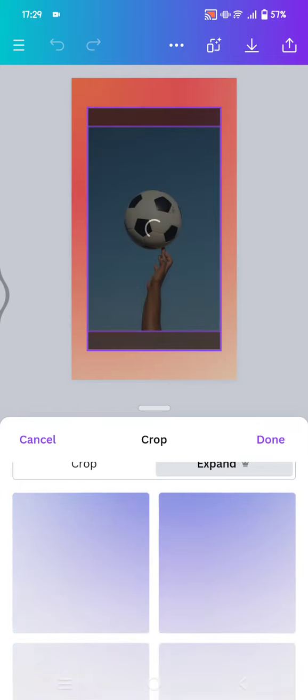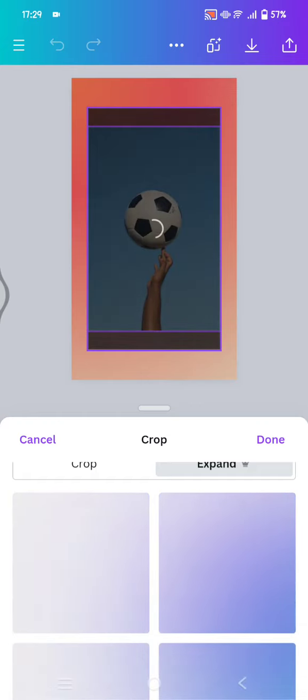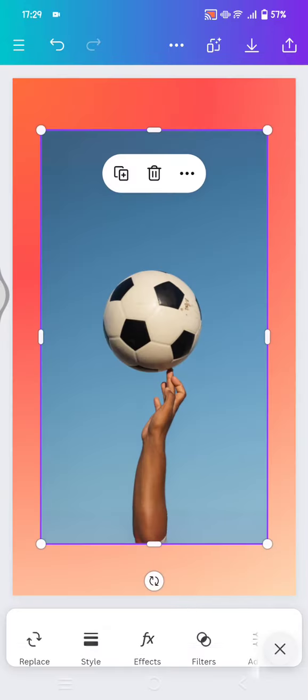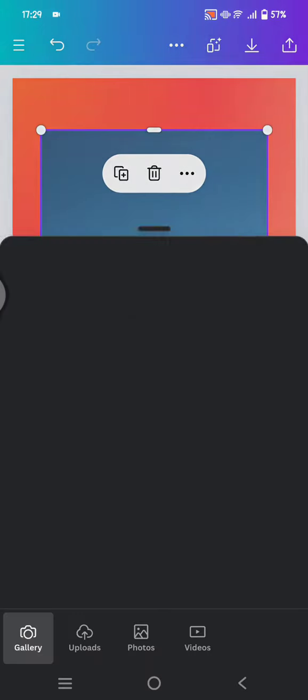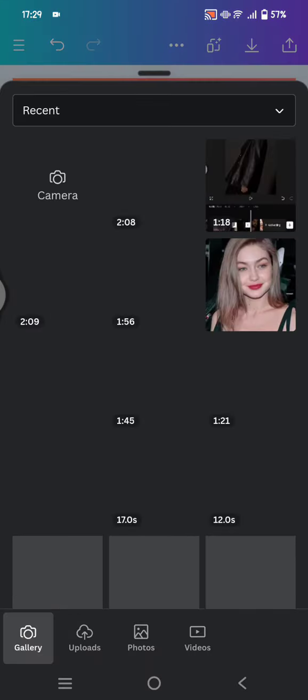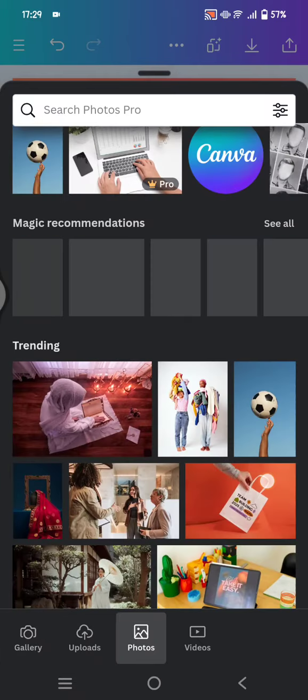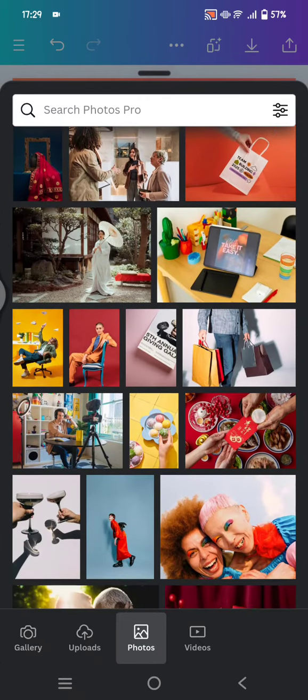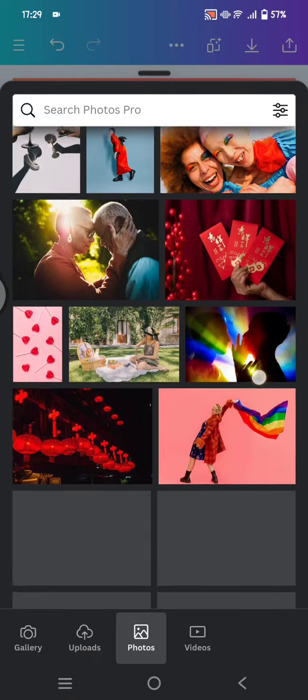Just wait for the results to come out. It might take a while, you can just wait. So the result is not really significant, so I'm going to replace the photo first. Let's try to use other photos, for example maybe